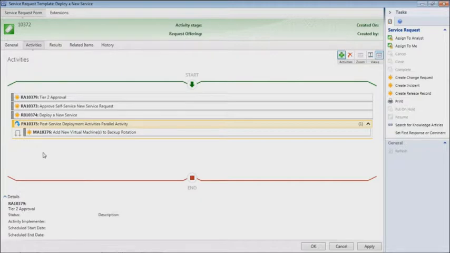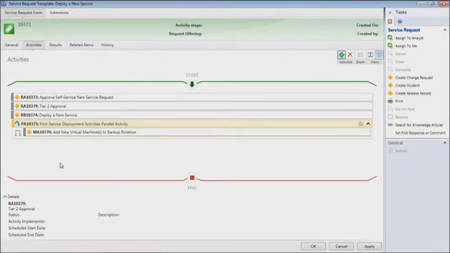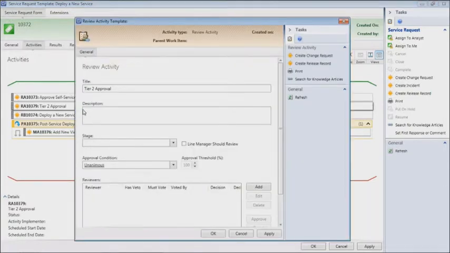There we go. And so now I have my Tier 2 approval. I just have to get that sort of drag in there just right. There we go. So now I have tiered approval. Problem solved. I can drill in here, and I just need to define who those approvers are, who must vote,